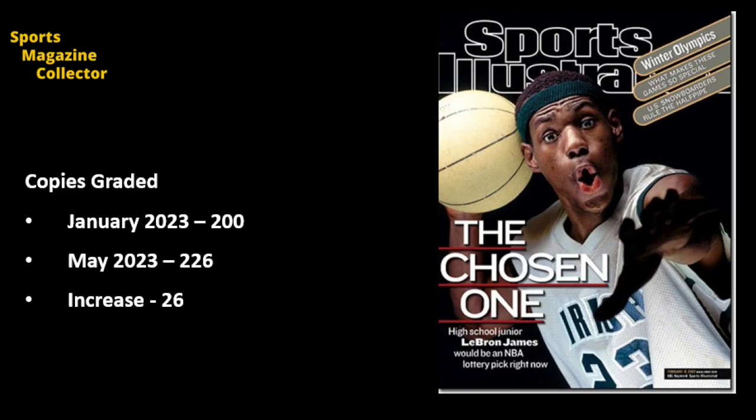So what does all this data mean? You can make your own deduction off of that. You can come to your own conclusion. But one takeaway for me is that these key issues in newsstand are just still very, very difficult to find. And I think especially when we compare them to sports cards. For me, coming from the sports card world, being familiar with how many of those there are available, and then transitioning to the magazine world, it's still kind of mind-blowing how much more scarce some of these newsstand issues are compared to